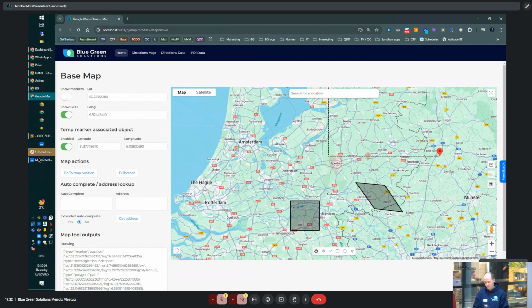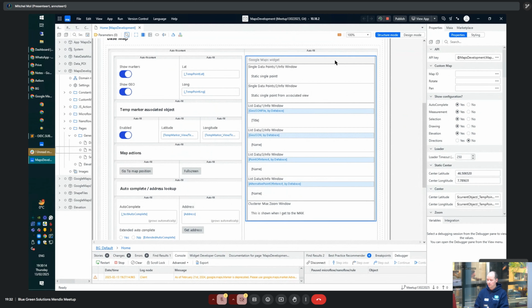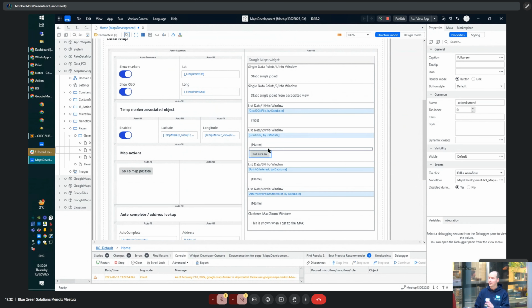If we look at this maps widget in Studio Pro, as you can see, it renders a little bit like, for example, the gallery widget. All of our layers are pluggable areas as well. So most of them, or all of them, only have a simple text in there, but I could drag a button in there as well, or maybe even a list for a grid or something like that.